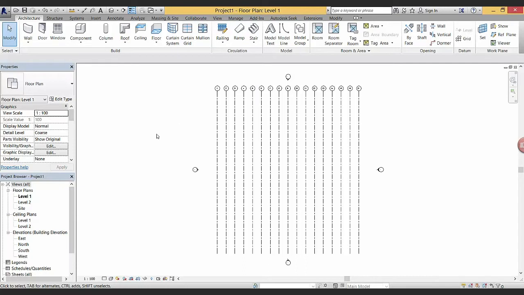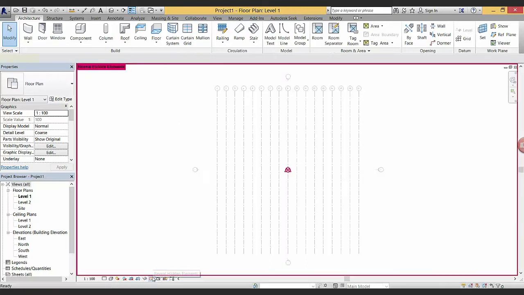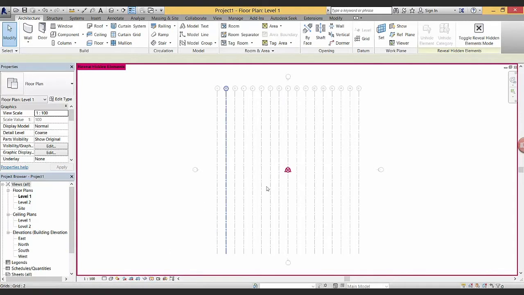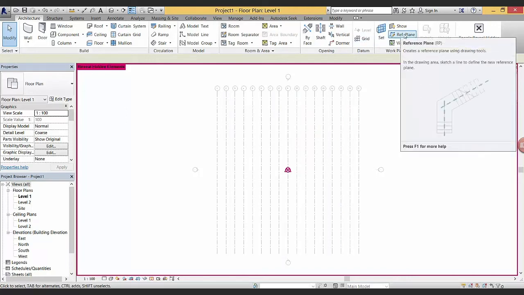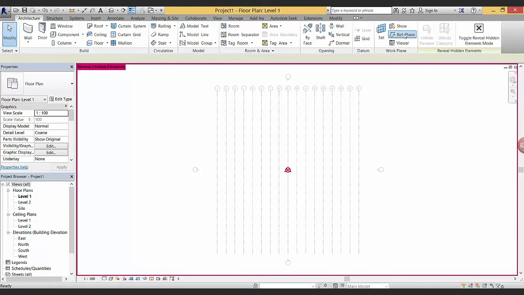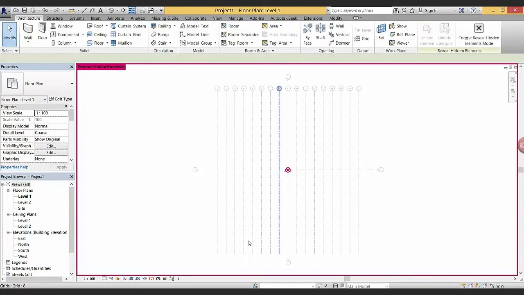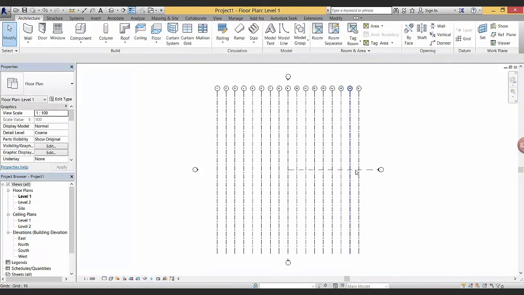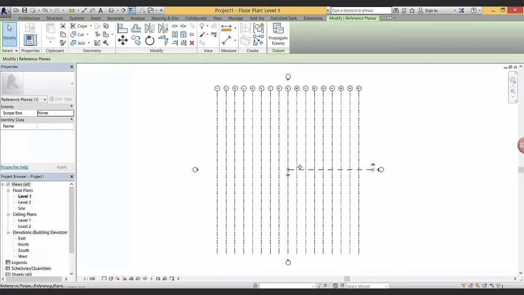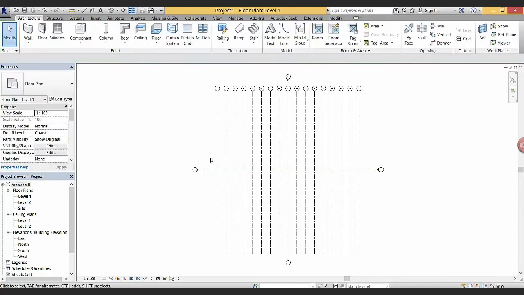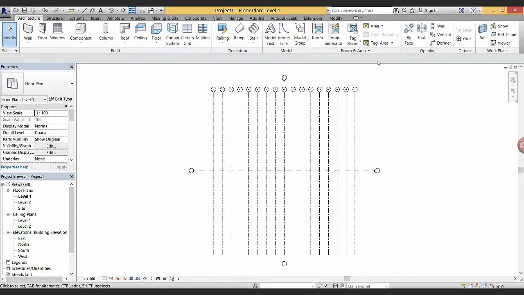So let's do the same thing with the horizontal grids. Using Reveal Hidden Elements, I'm going to display the origins of Revit again, but this time I'm not going to draw a grid. I'm going to draw a reference plane, which is sort of the same thing, although not a grid. Reference planes, in short, will act like grids, but they won't display on drawings. So I'm going to create a horizontal reference plane. I'm going to press Escape on my keyboard, and I'm going to remove the origins to be correct. And as with grids, I'm going to select the reference plane and drag it left so it lays out nicely here.